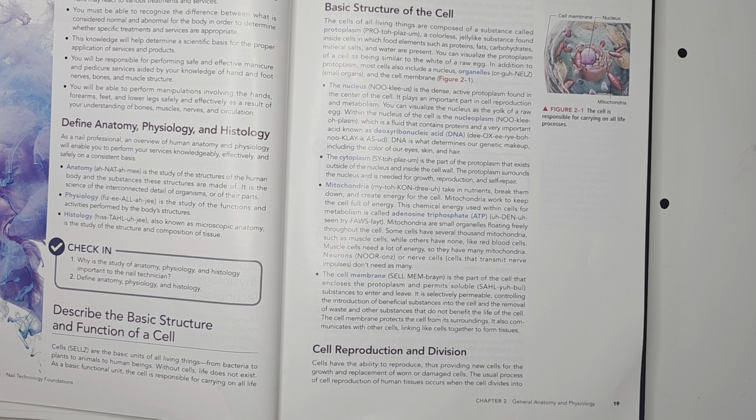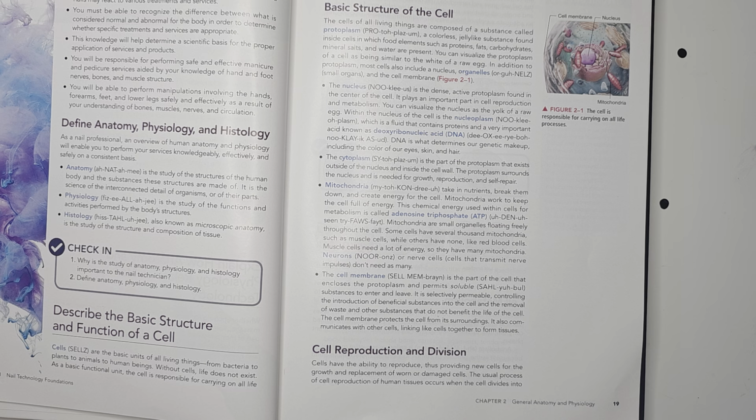The protoplasm surrounds the nucleus and is needed for growth, reproduction, and self-repair. Mitochondria takes in nutrients, breaks them down, and creates energy for the cell. Mitochondria work to keep the cell full of energy. This chemical energy used within for metabolism is called